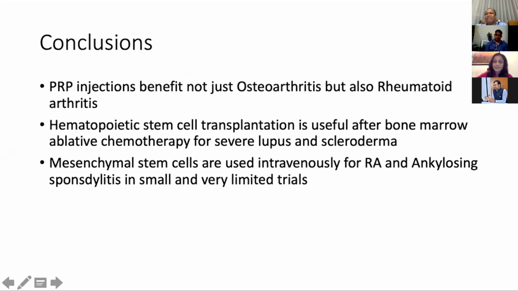Thanks for the excellent presentation. You have three questions from the attendees. One is, in rheumatoid arthritis, you are using leukocyte poor PRP. Yes, there have been no studies in rheumatoid arthritis, so we have been using leukocyte poor PRP. And what is the difference between